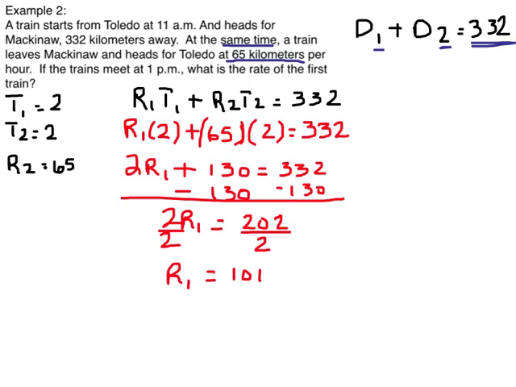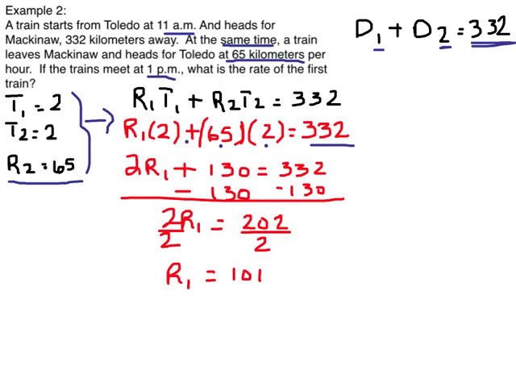If the trains meet at 1 p.m., what is the rate of the first train? All right, we know that the time of the first train and the time of the second train is 2 hours because it says 11 a.m. to 1 p.m. That's their time of travel. We also know that the rate of the second train is 65 kilometers per hour. So we know three things that we can then substitute into our equation. So R1 times 2, the time, plus 65, which is the rate of the second, times 2, is equal to